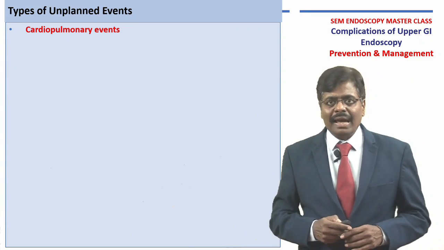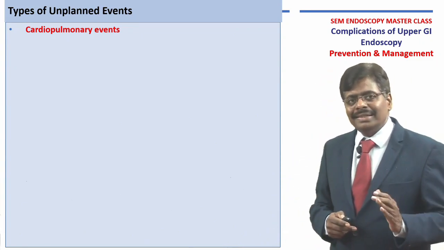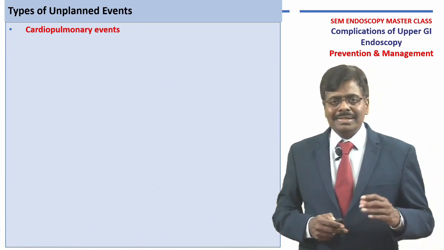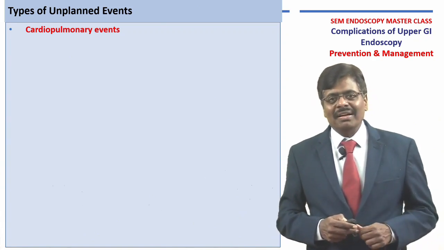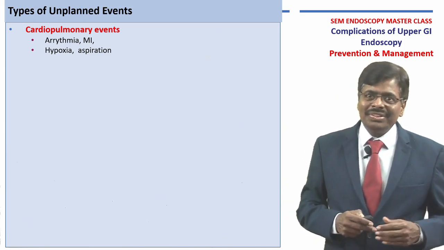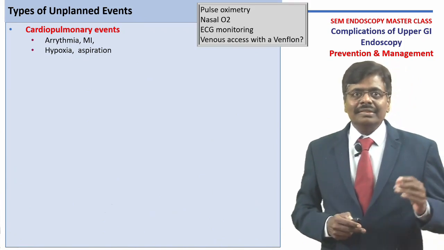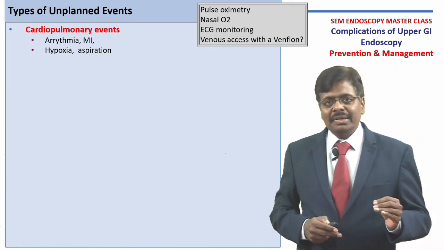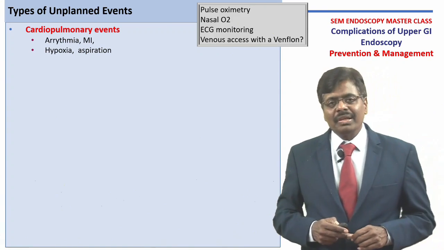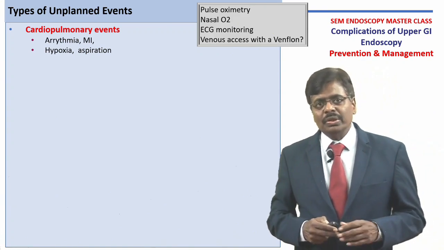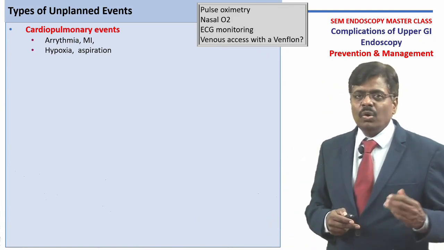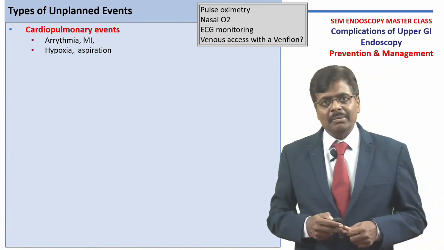Coming to the complications, endoscopy is essentially a diagnostic procedure. We do not expect a major catastrophic problem, but still sometimes a patient can get into what I call cardiorespiratory events, especially arrhythmias, MI, hypoxia or aspiration. How to avoid these: all patients coming to the endoscopy room, ensure they have venous access, they have pulse oximetry, they are administered nasal O2 to oxygenate the patient so they do not go into hypoxia, and ECG monitoring, especially when they have a comorbid illness like a history of hypertension, ischemic heart disease,